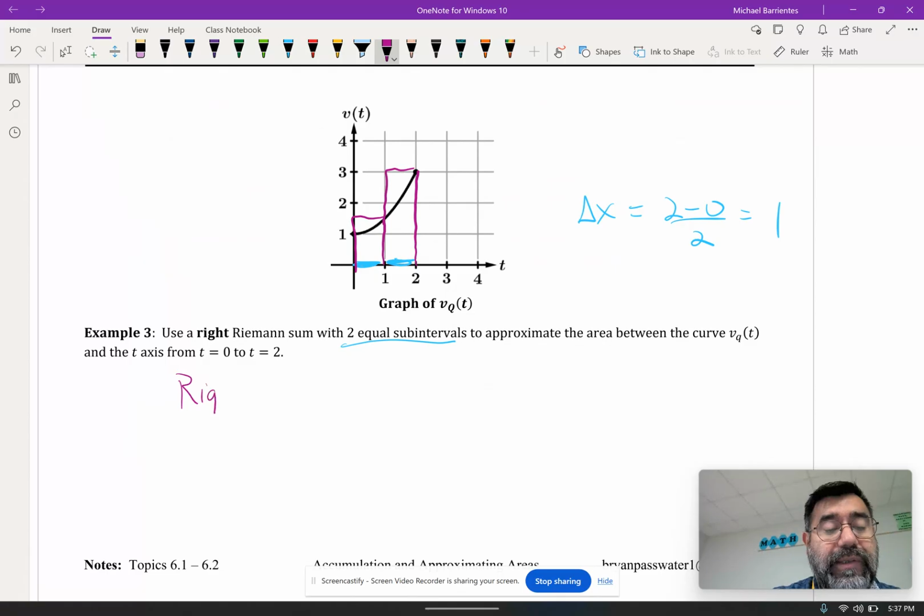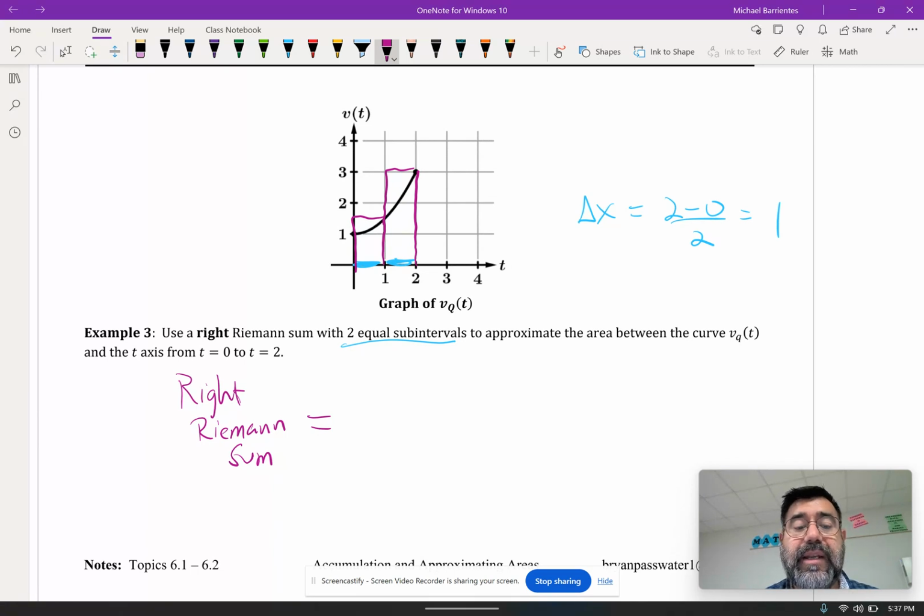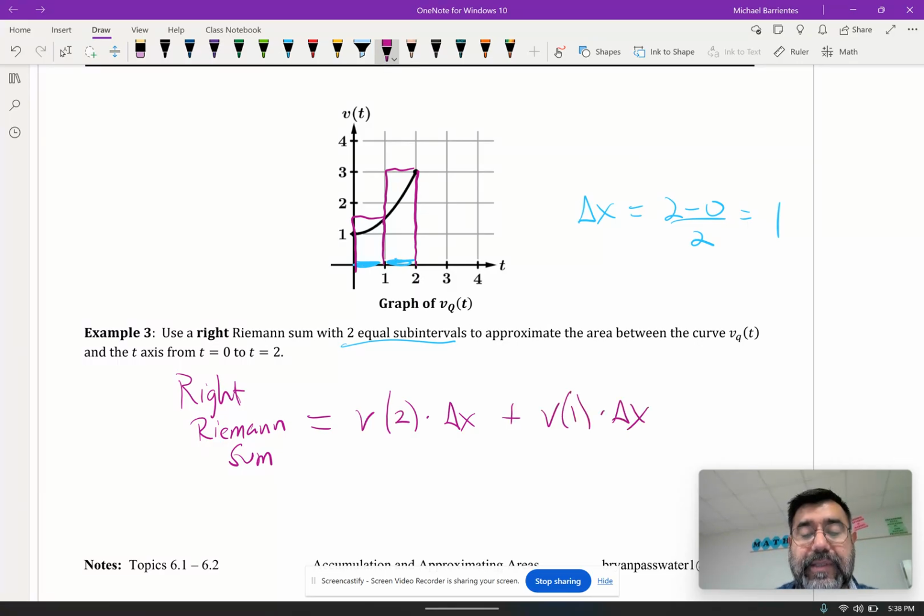So right Riemann sum is equal to, now, notice that I'm writing equal to because this is what the Riemann sum is. Now, the Riemann sum is approximating the area under the curve, but the Riemann sum equals this setup, and the setup is v of 1 times delta x. You know what? I'm going to start with the right side. V of 2 times delta x plus v of 1 times delta x. So if I'm starting from the right side, I'm going to use that x coordinate first. I plug it into the formula, and I get